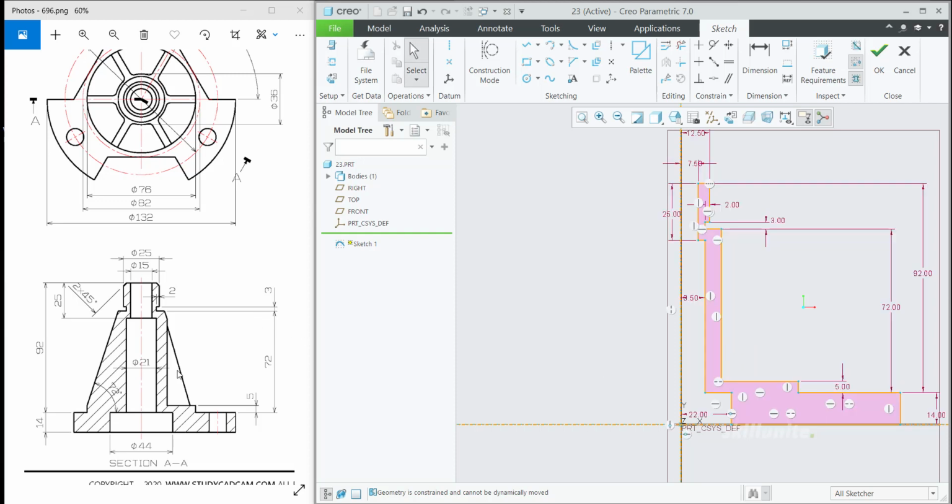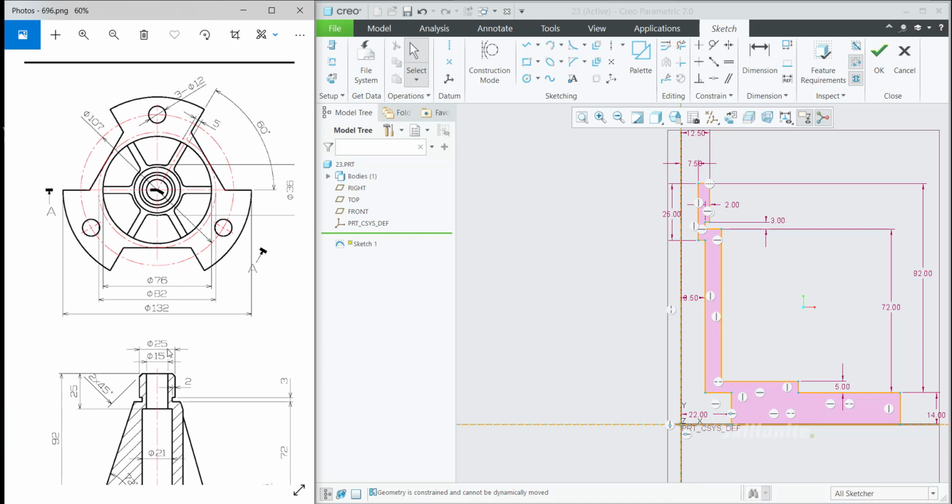For that we need to know the diameter of it. As you can see, the outer diameter, it is at 76. So this 82 is for this reference, but we need to create it for that dimension over there. Click on dimension and click over here and mentioning this diameter 76 by 2.